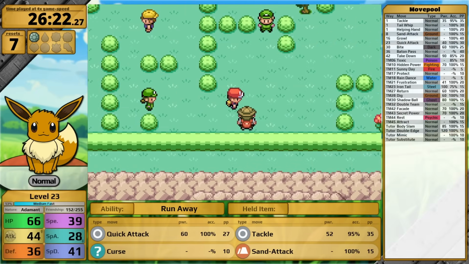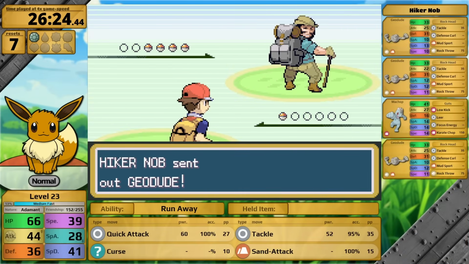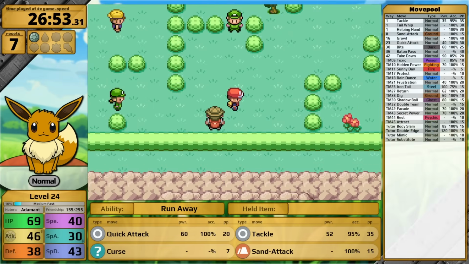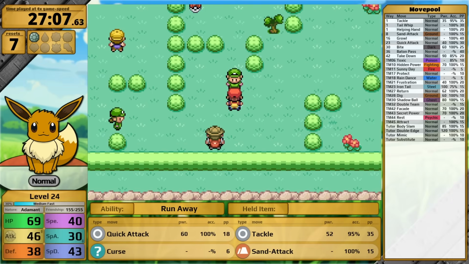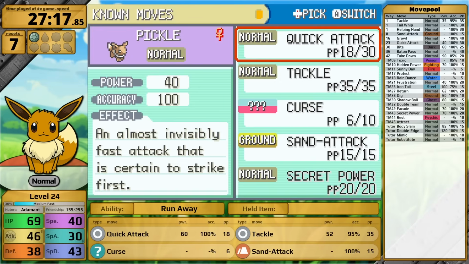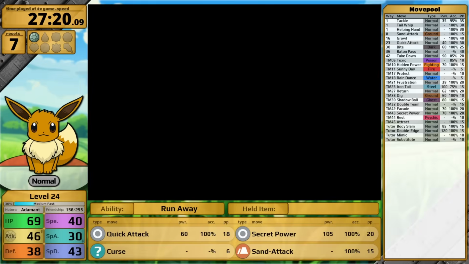Okay, 2 more trainers until things get easier. Unfortunately, the first one has a team full of rock types. With the power of cursing, I can smash through them, pull down and defeat Camper Flint, claiming my prize. TM43 Secret Power. Finally! I teach it immediately over Tackle, now sporting a base 70 power Normal move, which is